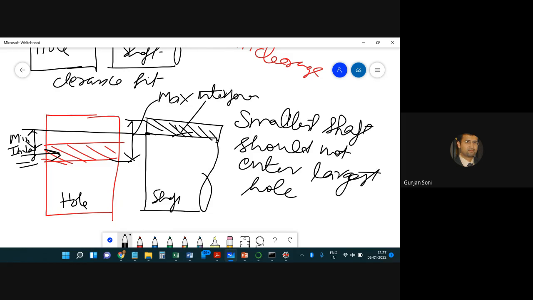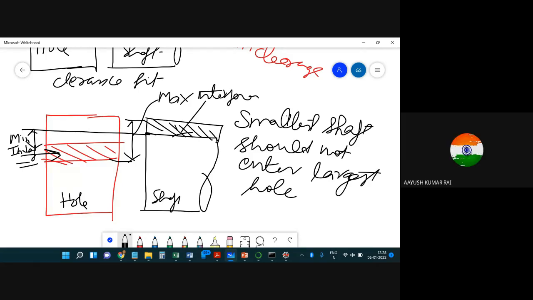You should all be able to calculate it. If I give you a hole and a shaft dimension with their tolerance limits, you should be able to find out maximum interference, maximum clearance, minimum clearance. In this case, it will all be negative, all the time, because the shaft size is larger than the hole. So the minimum permissible diameter of shaft exceeds the maximum allowable diameter of hole. It's sort of a tight fit.